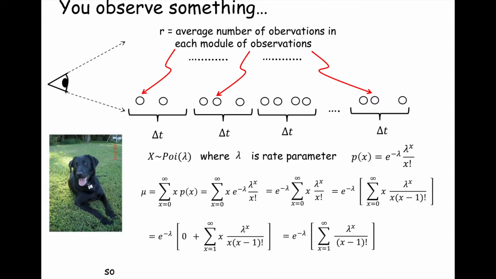e to the minus lambda, the infinite sum from x goes from 1 to infinity of lambda to the x over x minus 1 quantity factorial. So now I'm going to make a few observations. I want to clean this up because I want to make it look like a Taylor series, and I want to make life simpler. And so I look at a pattern and I say, well, to make this a Taylor series, I need to have the thing that's factorial look a lot like the exponent, right? But this exponent here is x, and that factorial thing says x minus 1.